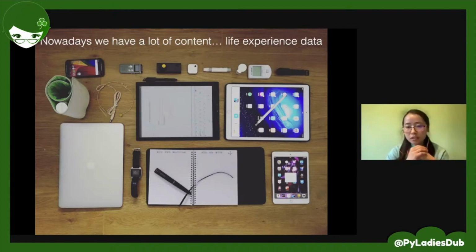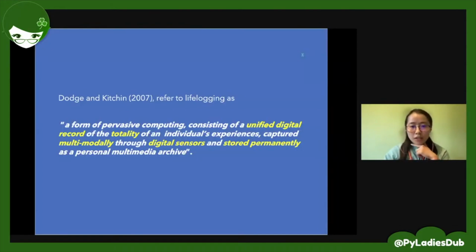It's all sensor data recorded by digital devices. And I think currently all this is based on Lifelog, because the definition of Lifelog is a form of